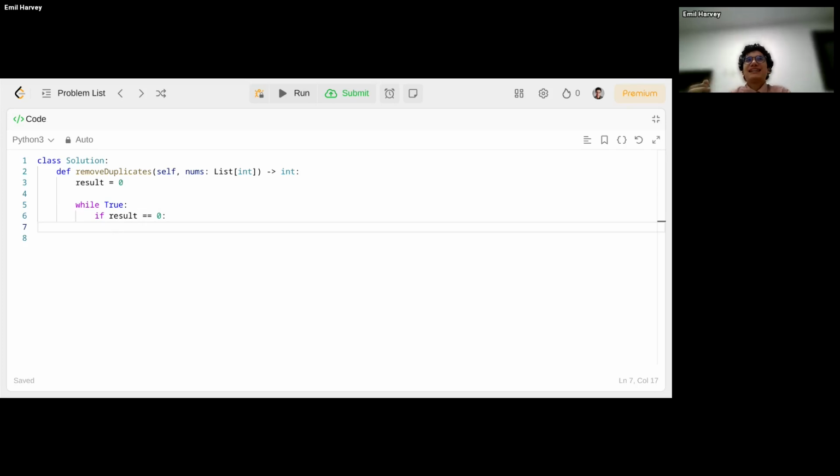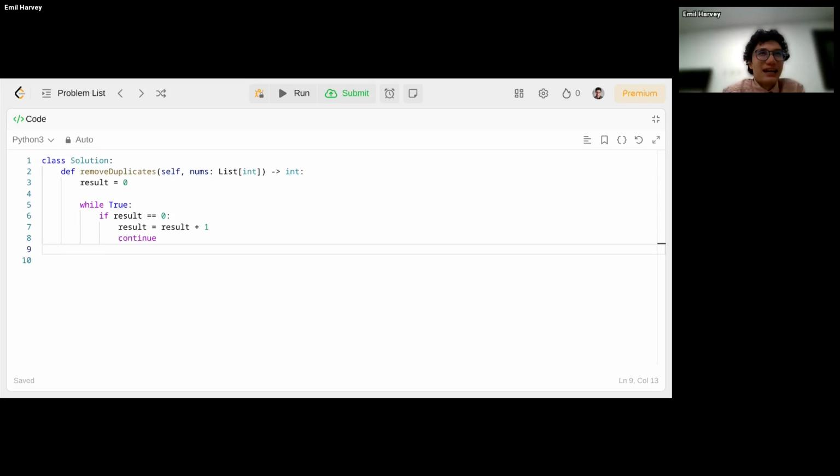I should backtrack a bit and say that we're also going to use this result as an index of what the array will be. So if it's 0, we know we just started this loop, and so we want to do result equals result plus 1, and we know we want to continue. Okay, so we've thought about that case.